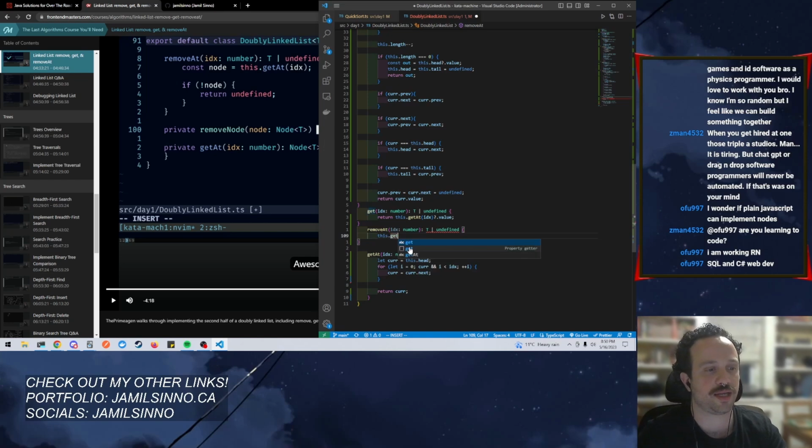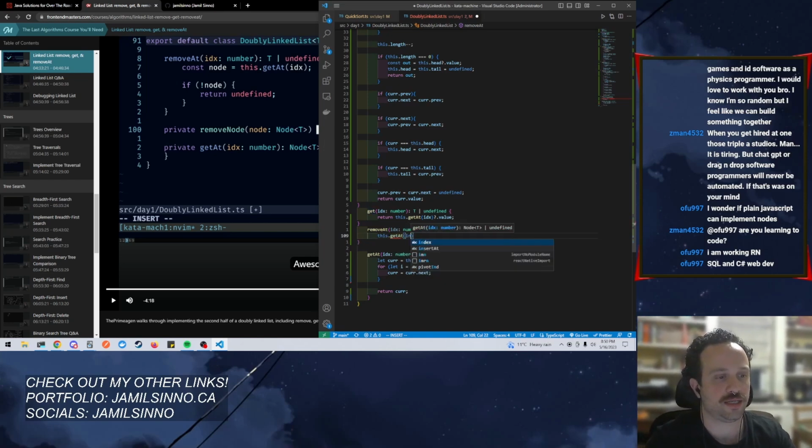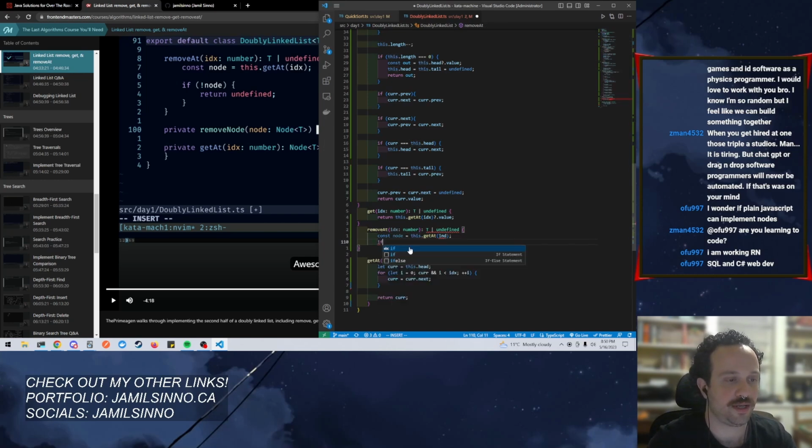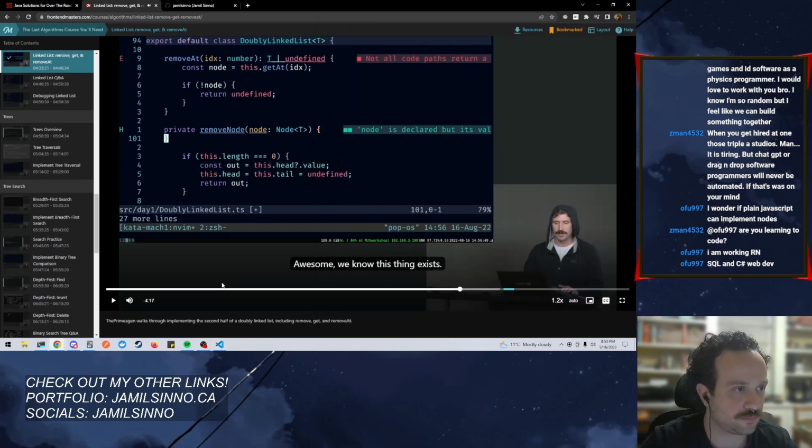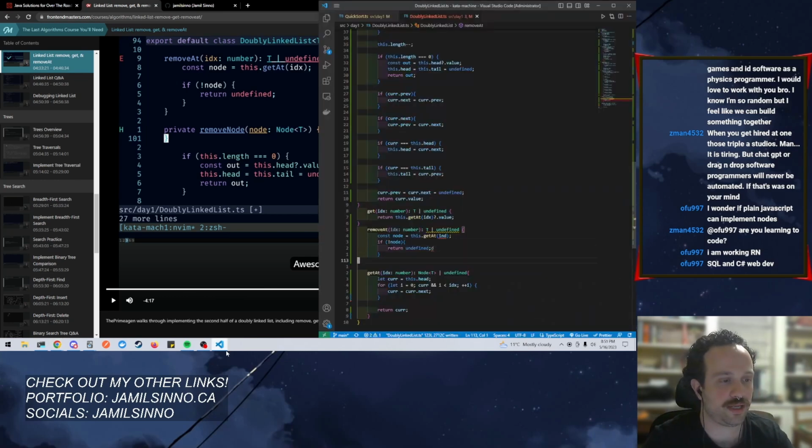Okay. This dot get at index. Okay. Const node is equal to this. And if no node, return undefined. Right. Awesome. And then he's doing